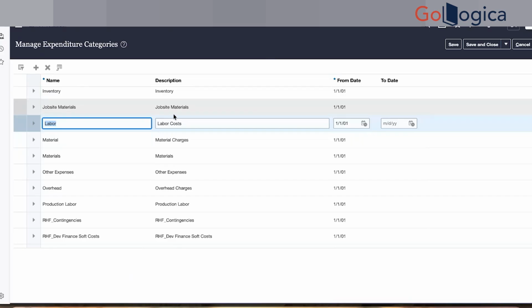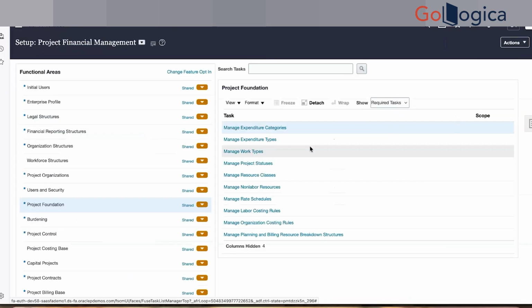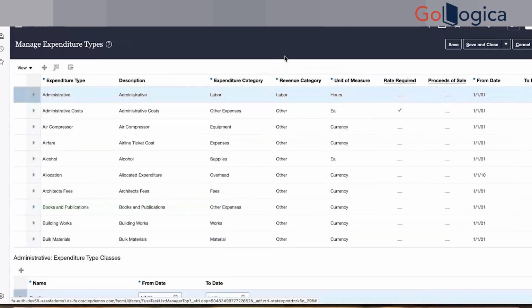So that is about the expenditure category. When we go next to the expenditure type, we will see more about how these categories are utilized. Now we will discuss the expenditure type, the most important configuration, which drives everything, because whenever we create any transaction in procurement, in payables, or any upstream subledger,